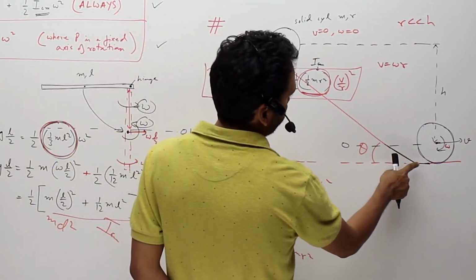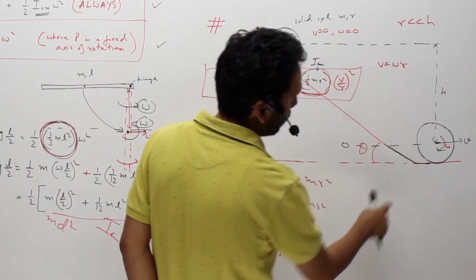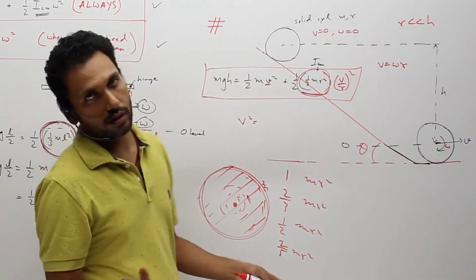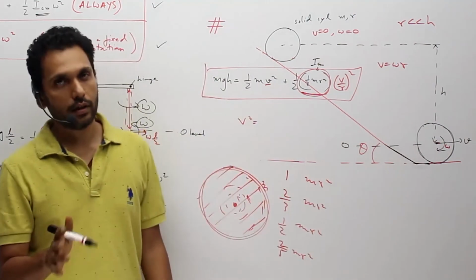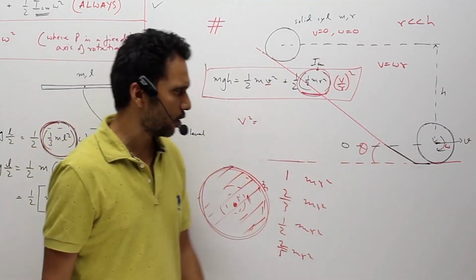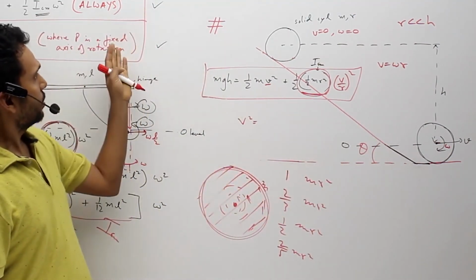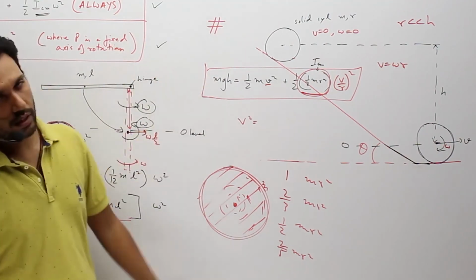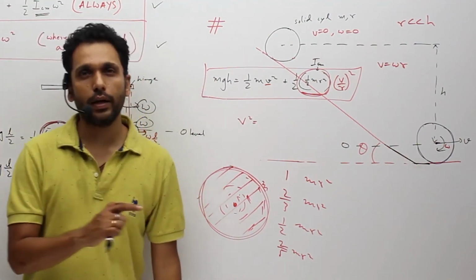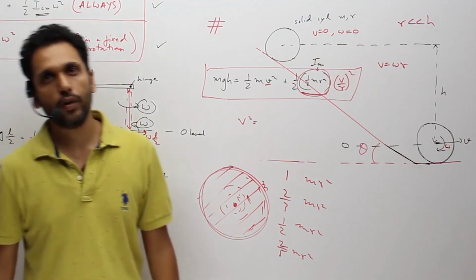So if it is a sharp corner and there is indication in the question, then you'll have to take care of it. I'm not doing it right now because I'm just discussing simple energy equations, how to apply the energy equation. I'll next discuss how to apply the angular velocity equation.